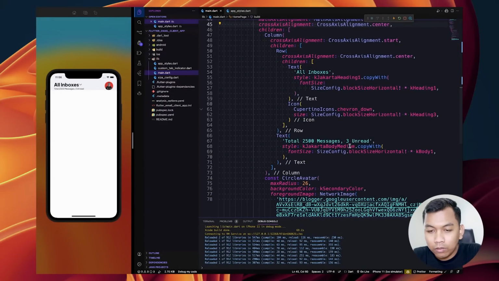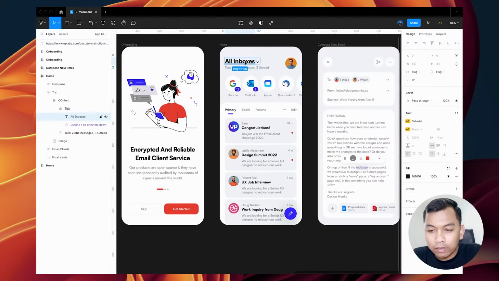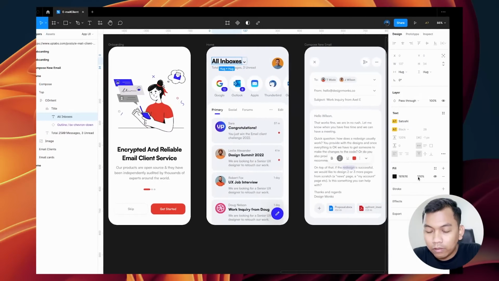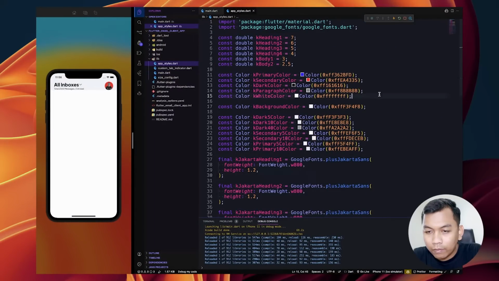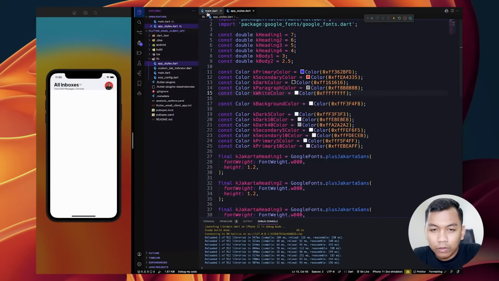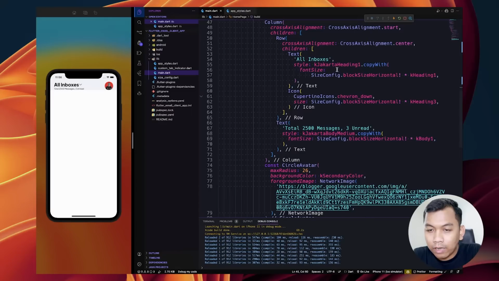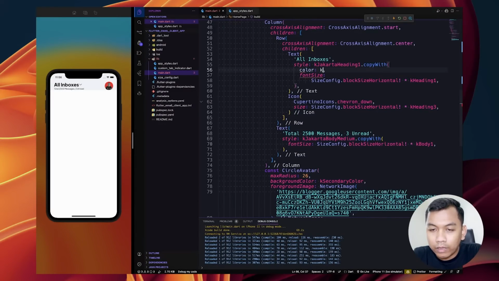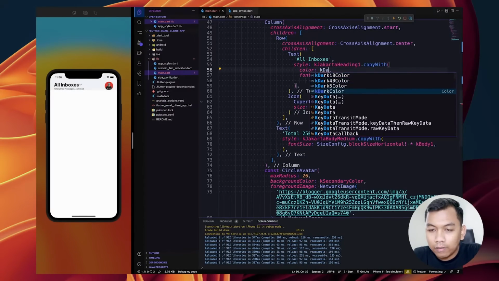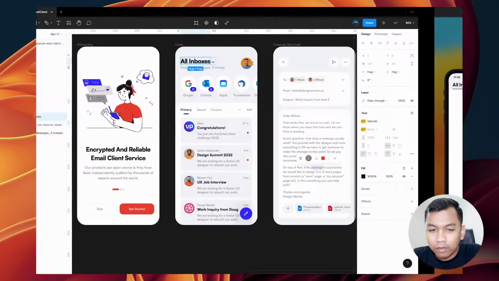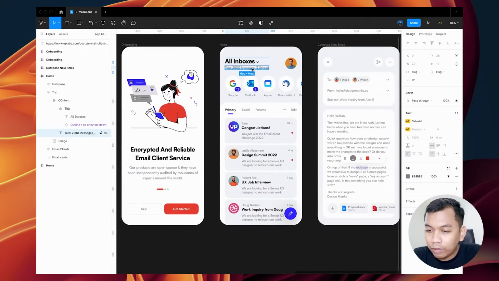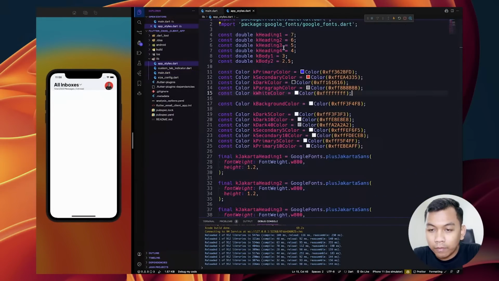And also we need to check the font, I think the color. So we will use dark color. For this case, dark color. And also for this, we will use 888. So let's find 888.